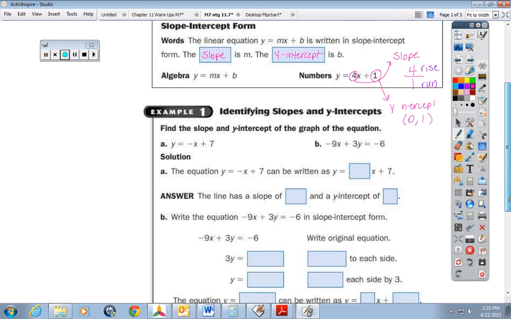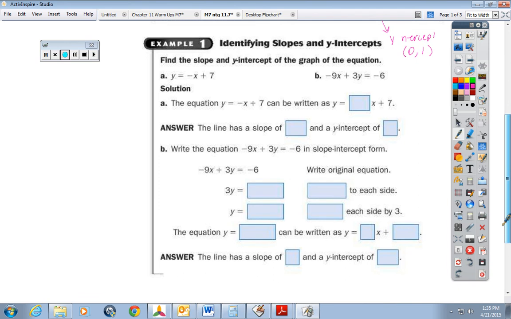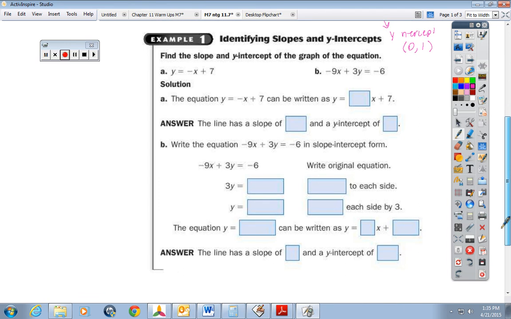But for the first part of the lesson, the only thing that they want you to do is identify the